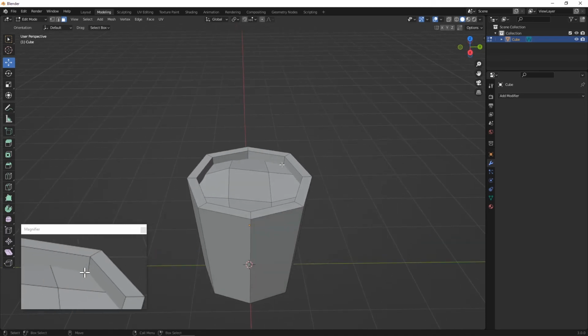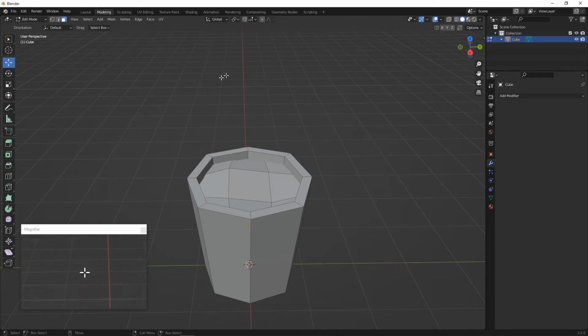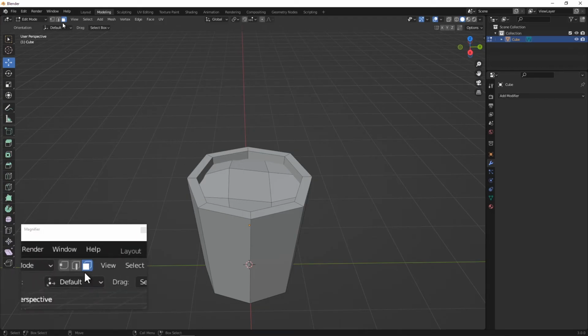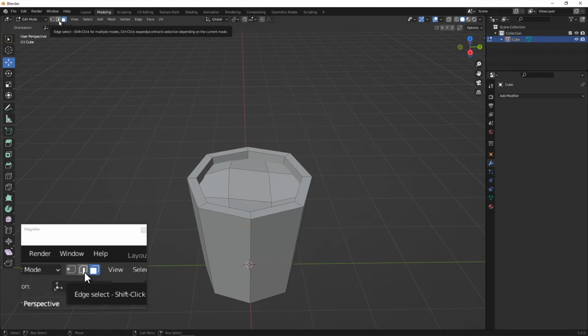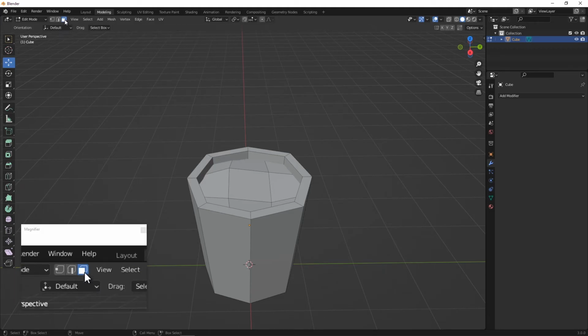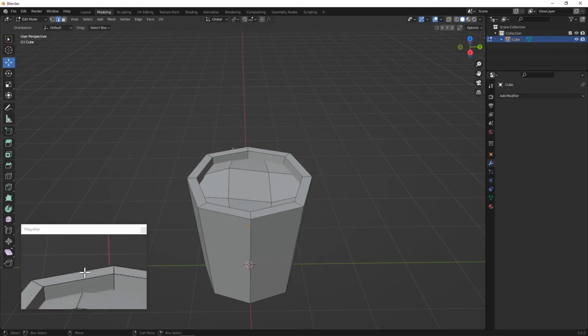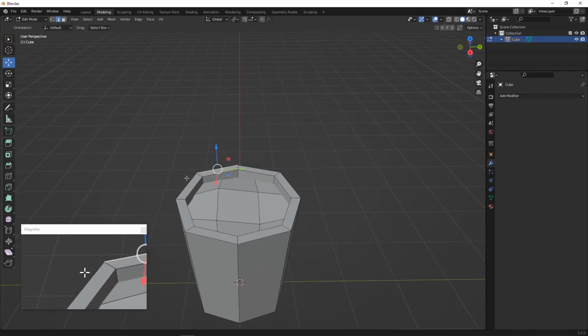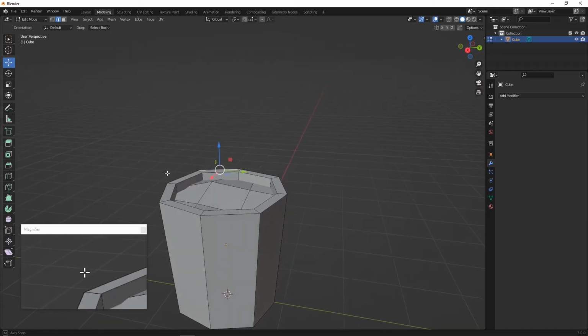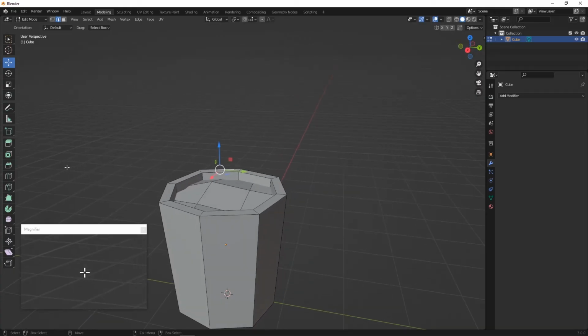The next thing I want to do is I want a lid for the cup. I just want it to look like it's kind of peeled up and hanging over. Now normally I would make the lid separate, just because that's the most optimal way to do it. But because I'm teaching a lesson on all of the tools that you're going to need for low poly, I'm going to actually do this the hard way. That way you can get an idea of how every tool works